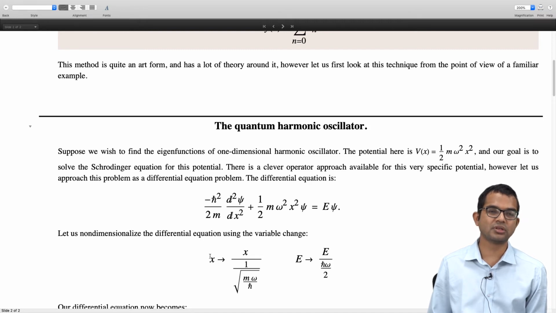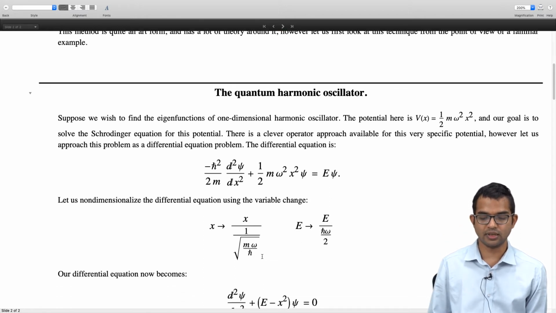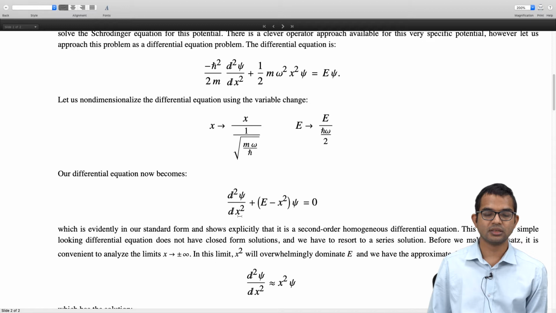I mean, you could use some other variable and so on, right? But it's convenient for us to just work with x itself, right? So now with the understanding that the x that we are dealing with here is a non-dimensional x, and the E that we are dealing with here is a non-dimensional E. So you see, this differential equation with all these constants and everything just becomes a simpler differential equation, because you have pulled away all these constants.